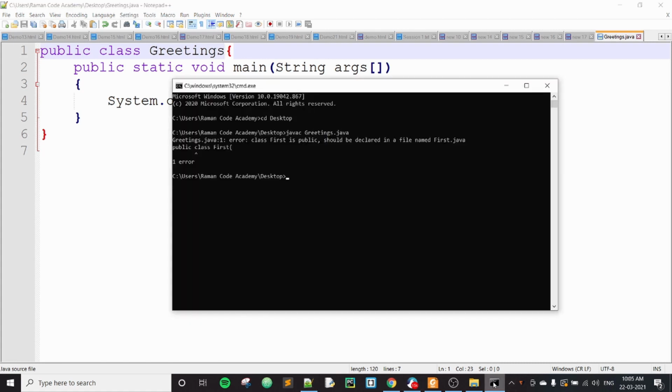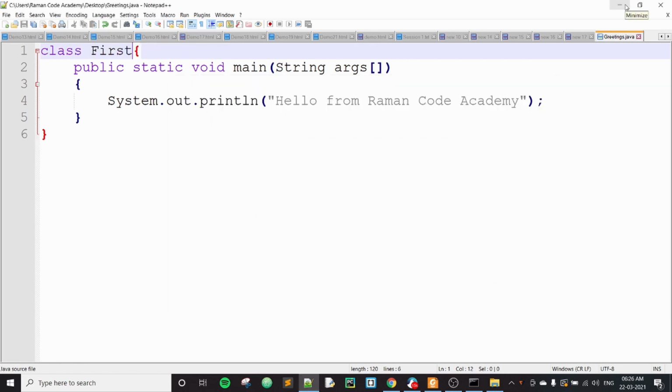And now let's try to compile the same program again. It will compile. We'll say Java greetings. You will have your output. So this is another important thing that you need to note. I'll repeat. If your class is given as public, the file name and the class name should be the same. You cannot change it. If your class is not declared as public, then your file name and class name can be different. Now we'll see another important interview question.